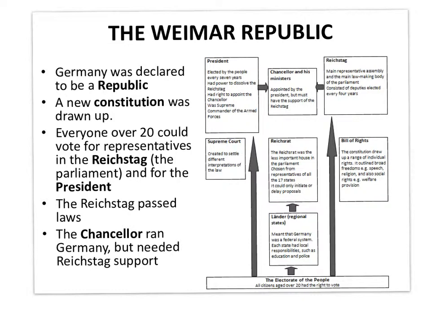Now, with all the problems that were building up during World War I, the people became increasingly unhappy with that situation. And so, as we saw when we looked at the German Revolution, by November 1918, even though it seemed that Germany was winning the war, the people at home were disgruntled, unhappy with 4 years of mounting pressures. And so on the 9th of November 1918, the Kaiser, the emperor, stepped down from power. He didn't want to govern Germany anymore, so this was a great opportunity to create a new system.